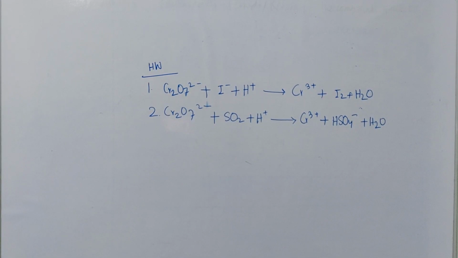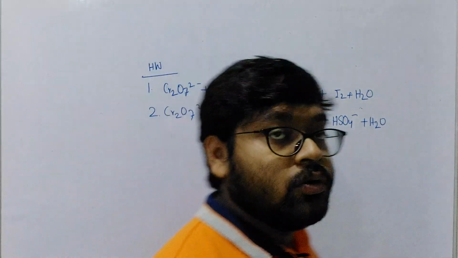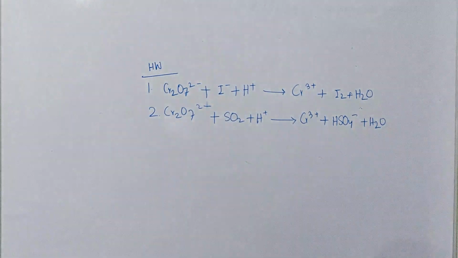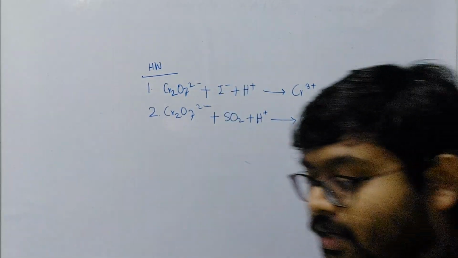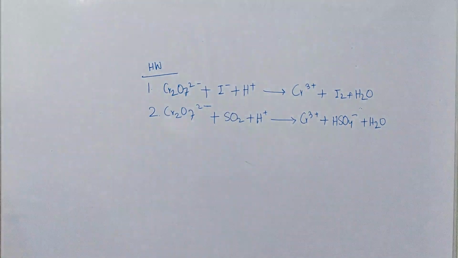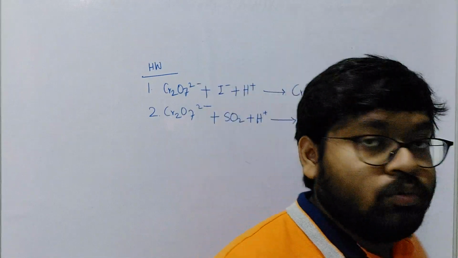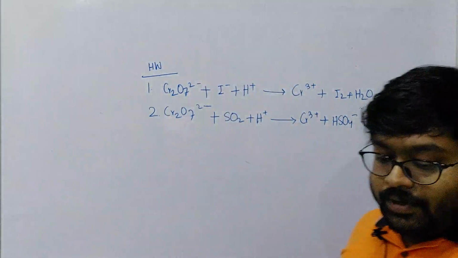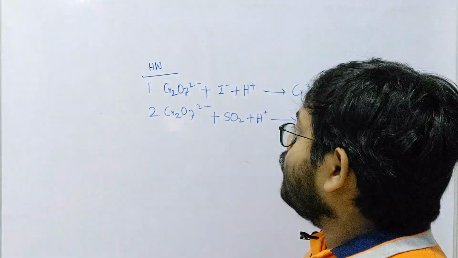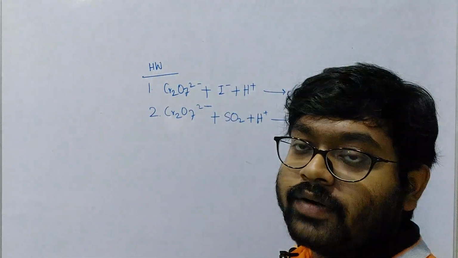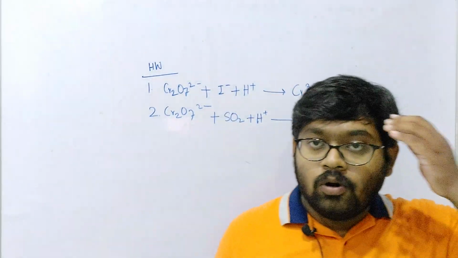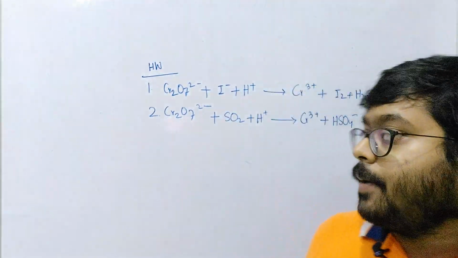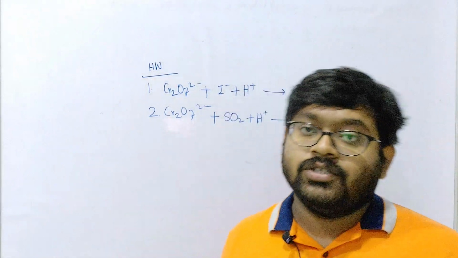So these will be the two reactions that you will be doing as homework. If you are able to do these two, you will come to the conclusion that you are able to balance a chemical reaction quite easily. If you watch this video with a little bit of patience, and follow the video properly, I can bet that you will be able to balance a chemical reaction very easily. In your NCERT also there are a lot of chemical reactions, so you can also balance those reactions as well.